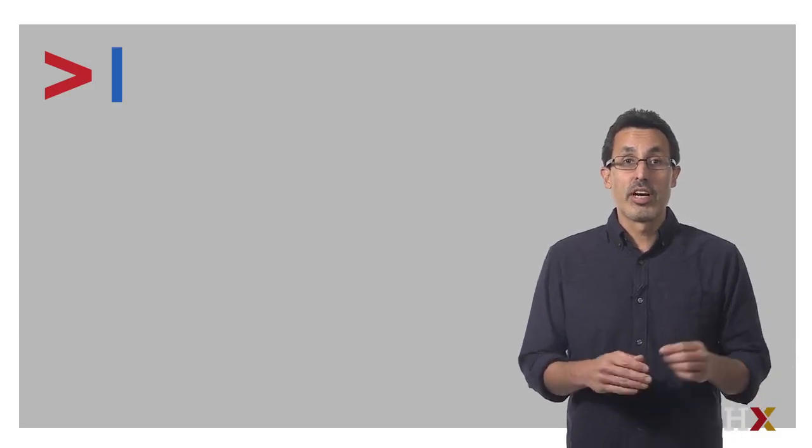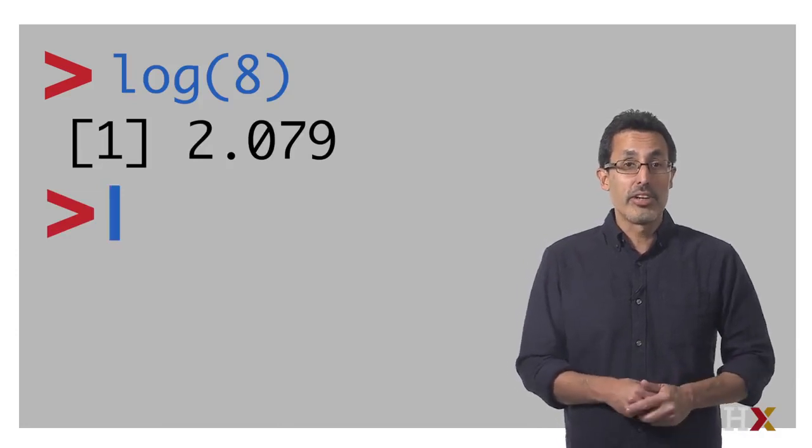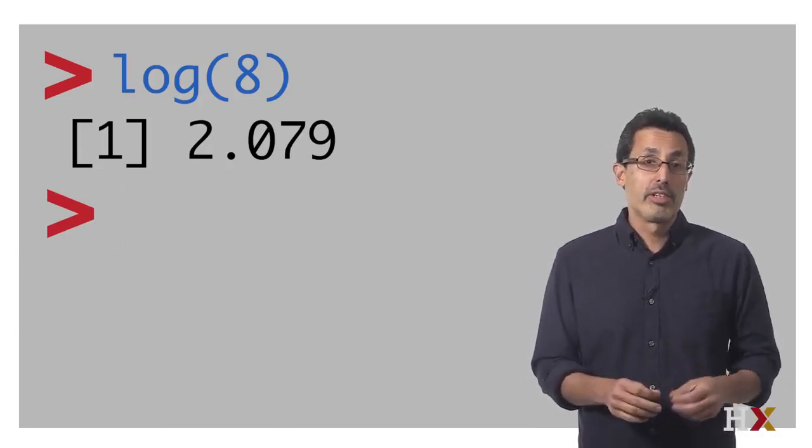Unlike ls, which doesn't require any arguments, most functions require at least one. Here's an example of how we assign an object to the argument for the function log, a very simple mathematical function that computes the natural log. So if I type log of 8, 8 is the argument, and I get in return the log of 8,